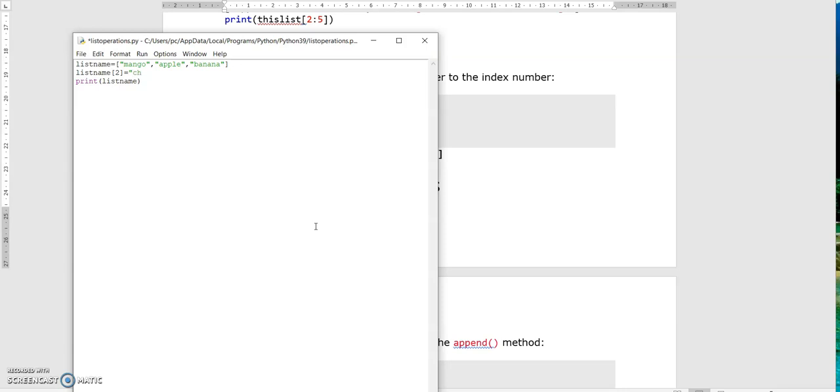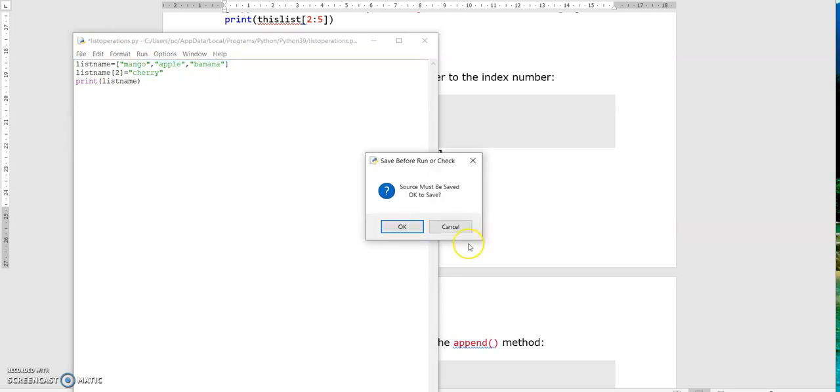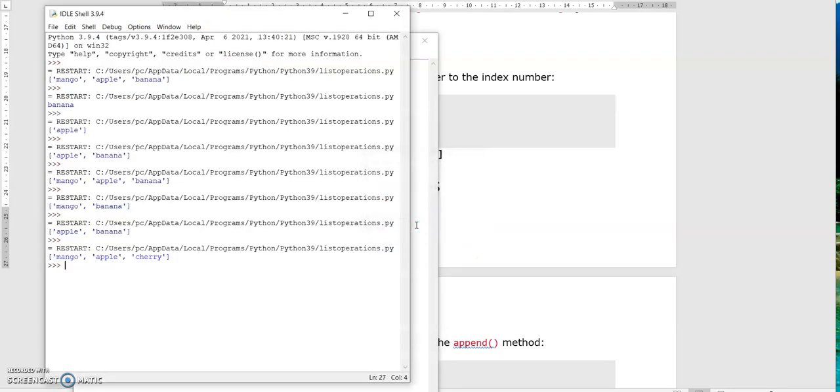We are going to change banana to cherry. Let's run this. So banana is changed to cherry.